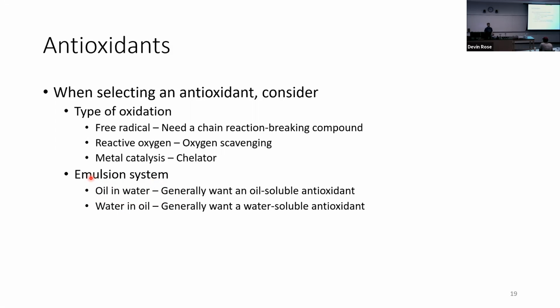That means we have a continuous phase of water, and we have oil droplets dispersed in that continuous phase of water. Most foods are that, and most foods would be emulsions even if you don't typically think about them as emulsions. But this would be the most common one. And so for selecting an antioxidant, we would generally want